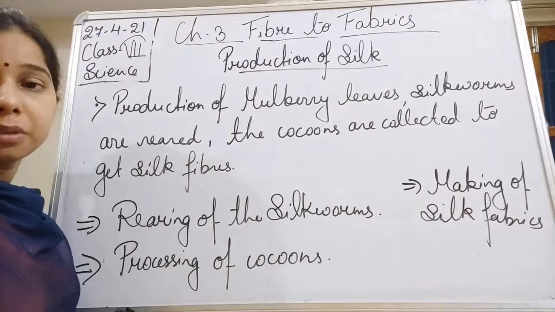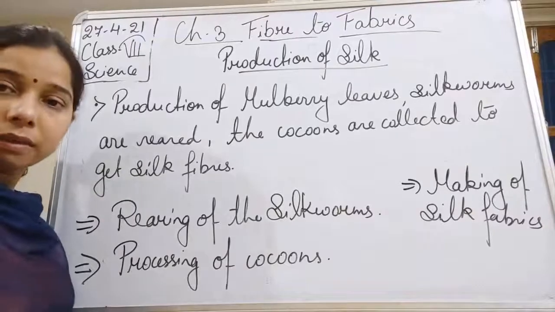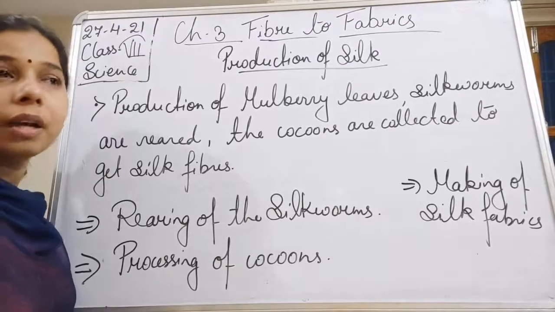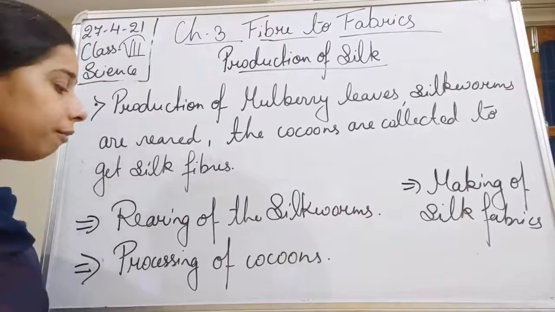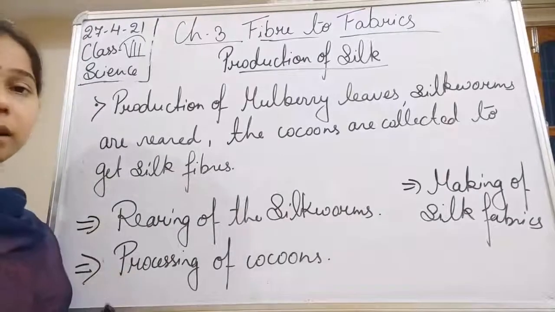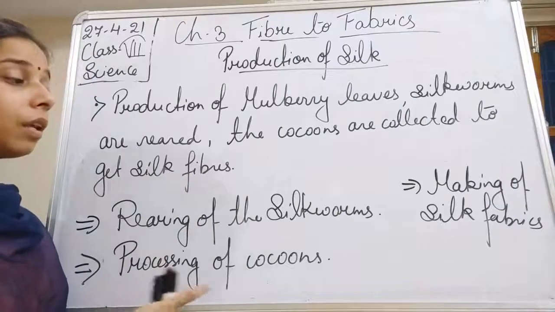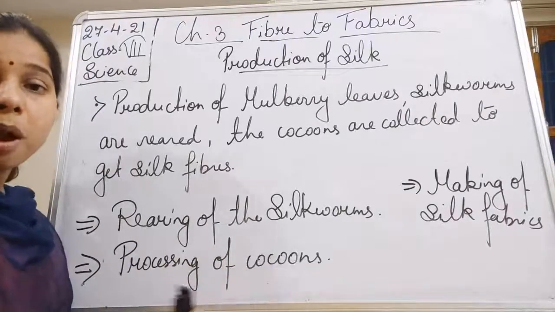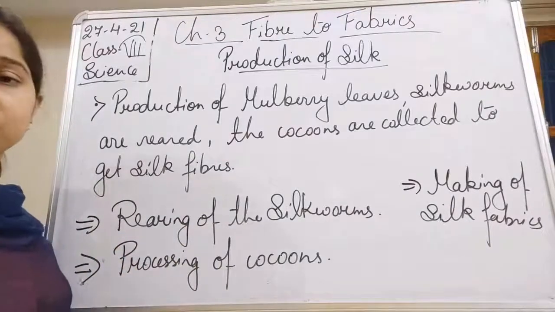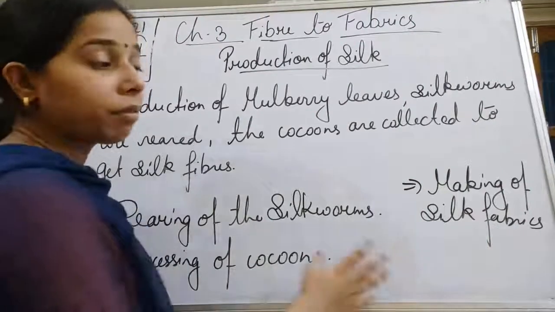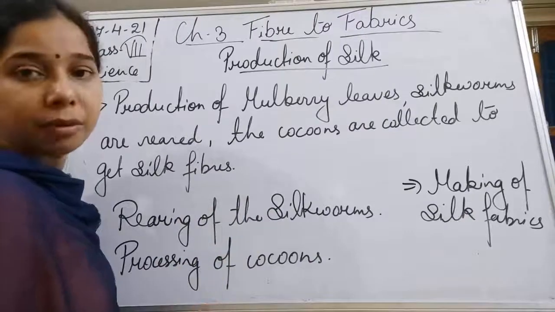It is really important, that is the rearing. What is the meaning of rearing? It means taking care of the silkworm, and it is important, student, in order to get a good quantity of silk, which we can achieve only when we take care of the silkworm. Then we will obtain the cocoon from the silkworm. What kind of processing will we do in order to get the silk from it? And finally, making of the silk fabric. So we obtain the silk from it. Now how will we make the silk fabric from it?